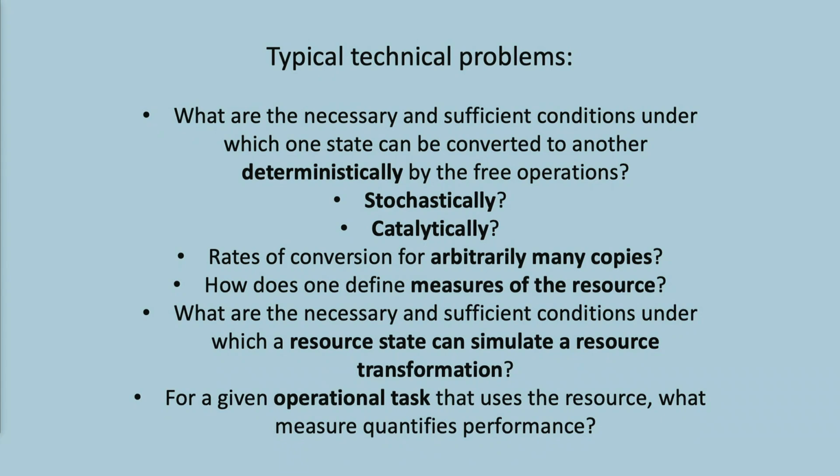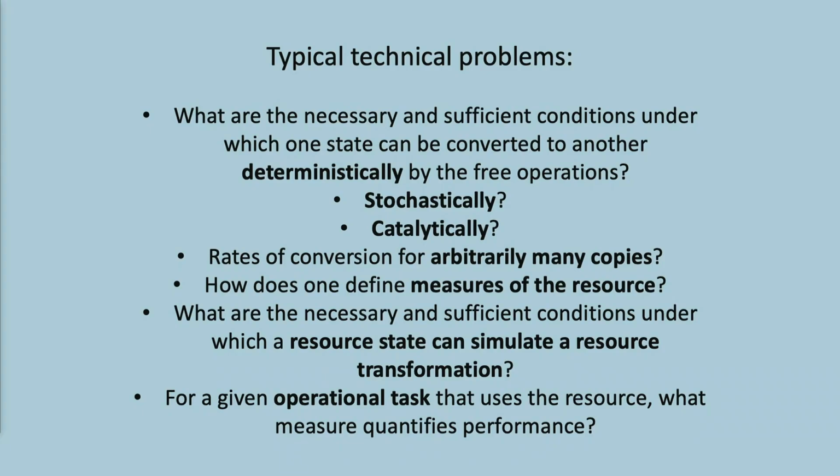And then there's another question, which is, can I do it catalytically? That means, let's say I want to take psi to phi. Is there some other state chi such that psi tensor chi goes to phi tensor chi? So chi doesn't get consumed. It gets left over at the end. But maybe I can't do the conversion unless I have access to that other state chi. In that circumstance, we call chi a catalyst. So it can happen that psi doesn't go to phi deterministically, but with a catalyst chi, it does go over deterministically, and the catalyst is left over. That's another problem one can try to work out.